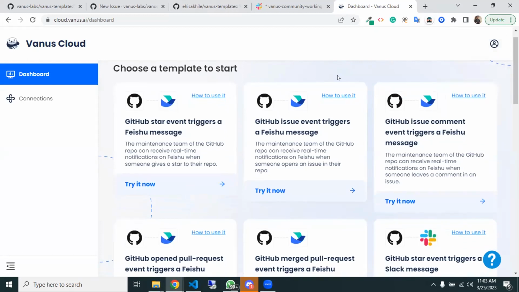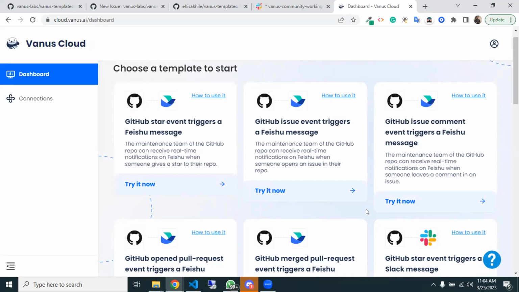The templates are pre-configured event triggers that the user can take and just use as is. You don't have to write any line of code to